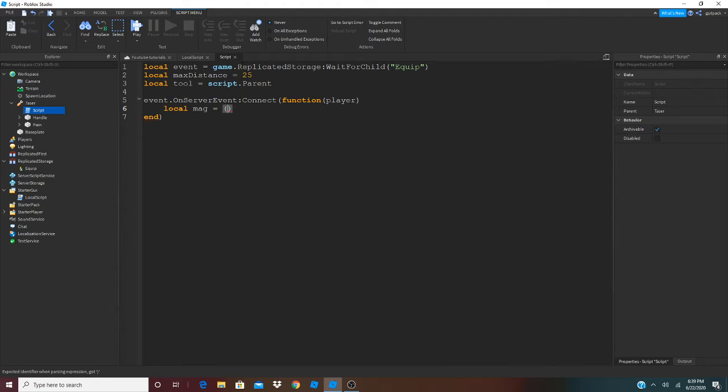I'm going to put two parentheses here. I'm going to say player.Character.HumanoidRootPart.Position minus tool.Handle.Position. Why not? I'm going to put position here as well. And then at the end of that, say .Magnitude. That's just the distance. And I'm going to say if